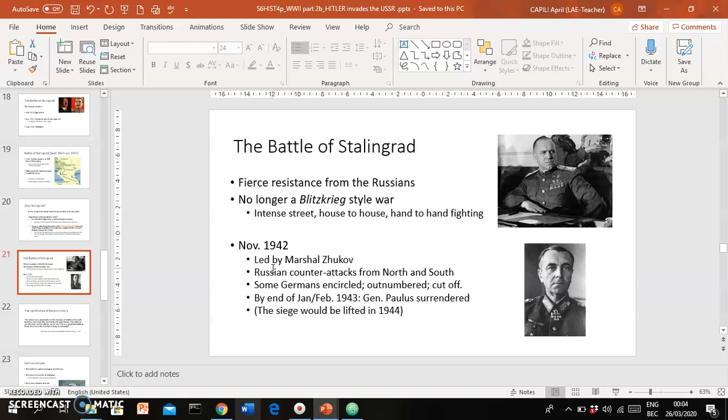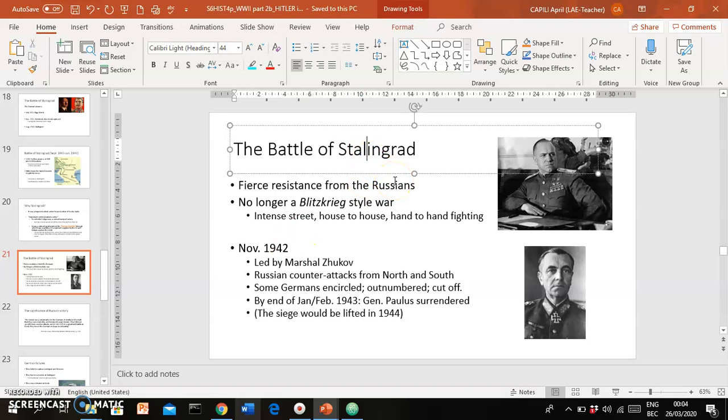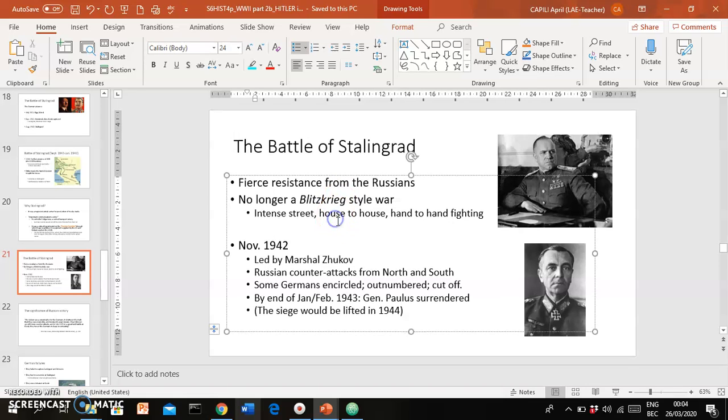Now, when the Germans reached Stalingrad, of course, the Russians wouldn't take this lying down, so they offered fierce resistance. But the thing was, for the Germans, this was no longer a lightning war. This wasn't a blitzkrieg style kind of war. So fighting was intense. There was a lot of street fighting, house-to-house fighting, hand-to-hand fighting, and soldiers and commentators have